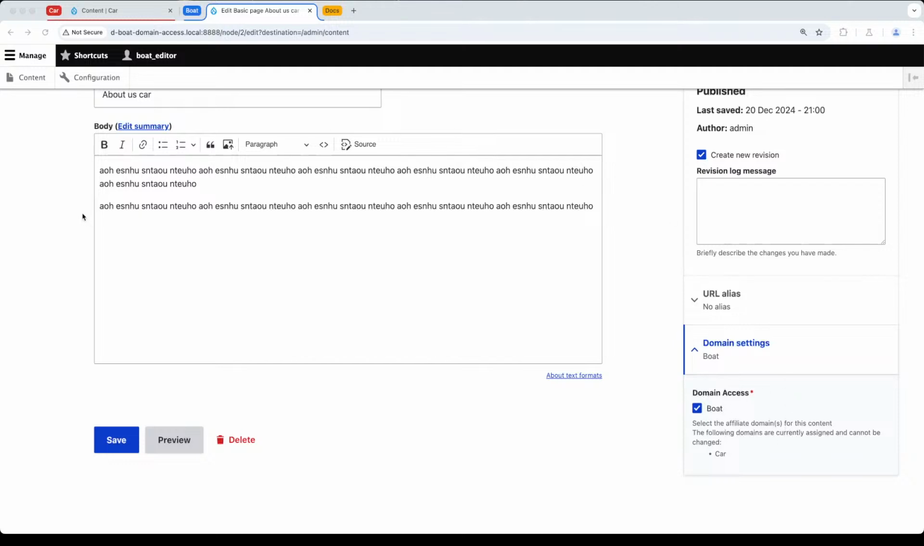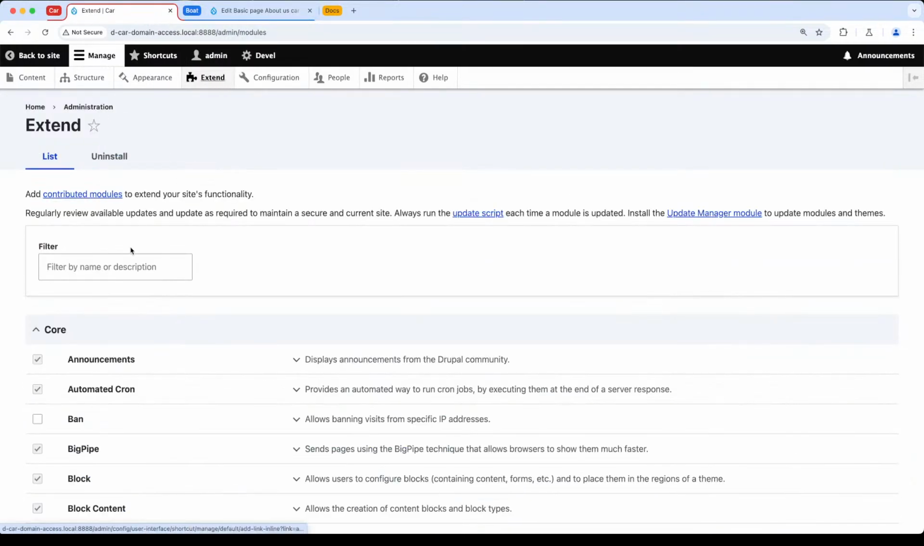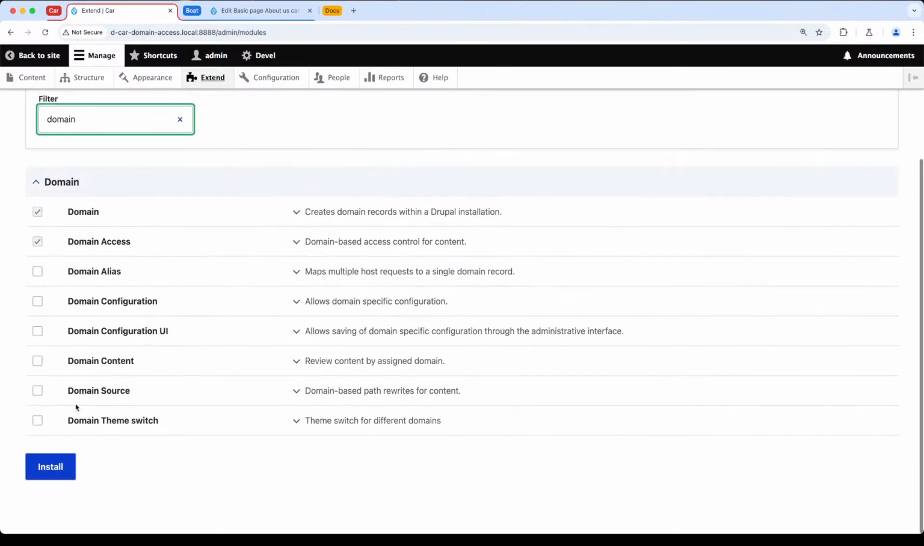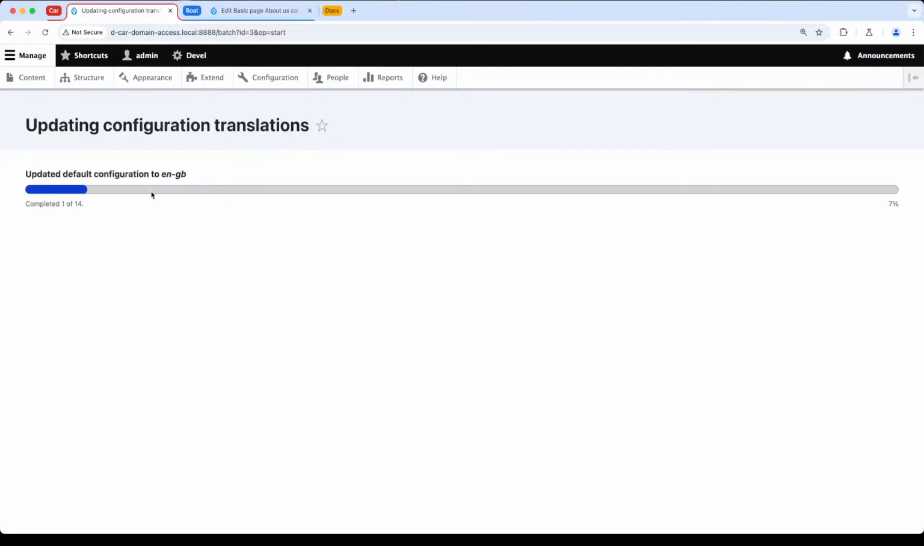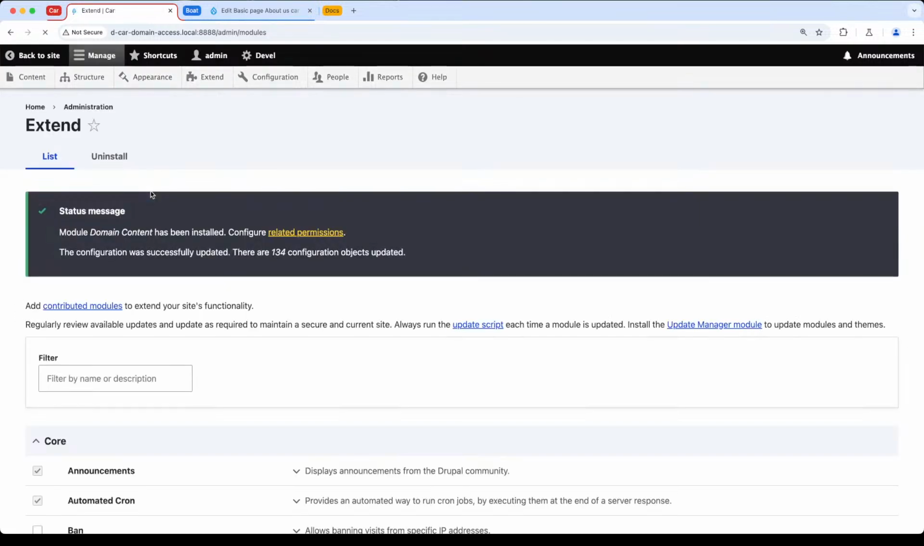Now, the other thing I want to show you right now is a UI where you can see all the content that is spread across all of the sites, so all of the affiliates and things like that. So let's go back into our primary site and search for domain. And I want to search for domain content. That's it. And click on install. So domain content is an actual submodule that is a helper module, and all it does is that it gives you